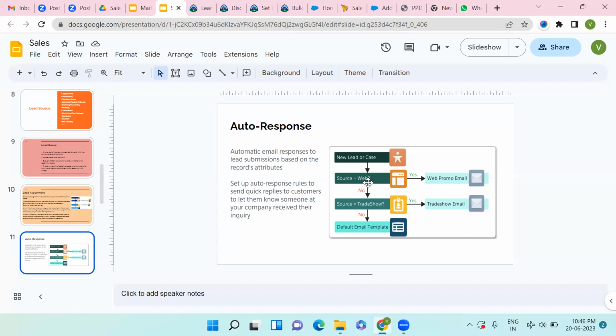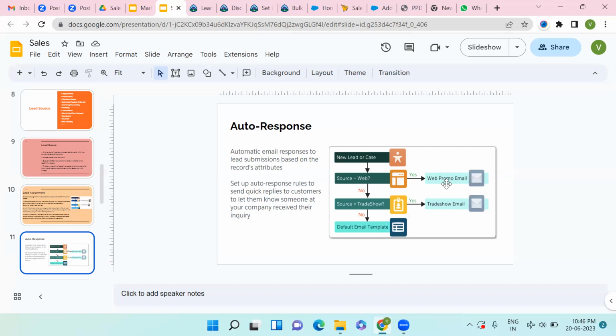So if a source is web, then an email will be sent to that particular lead or customer. And if it is from the trade show, a trade show email will be sent. I will just show you how we create an email template.